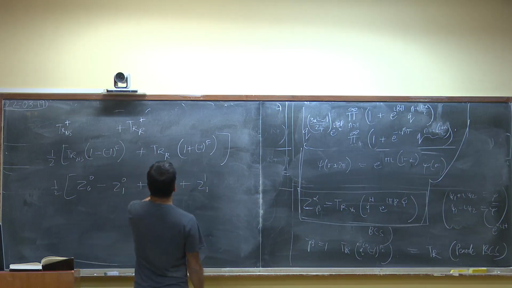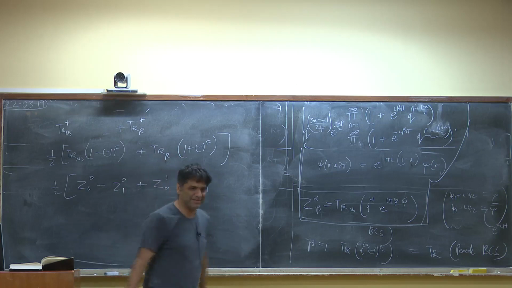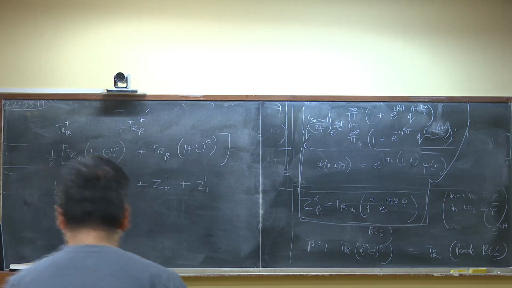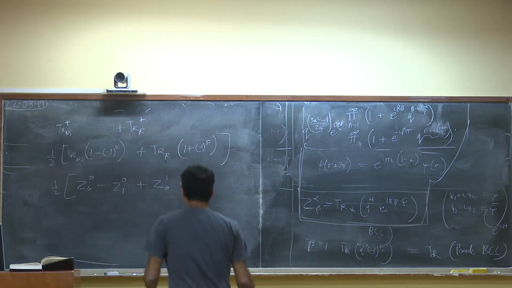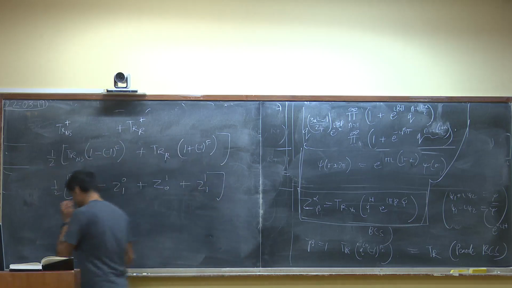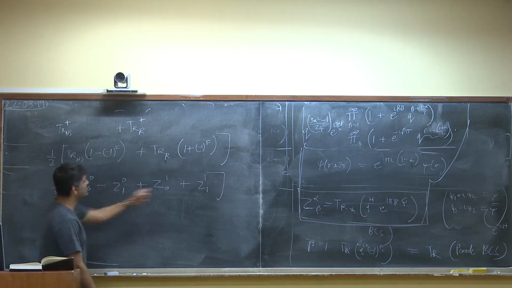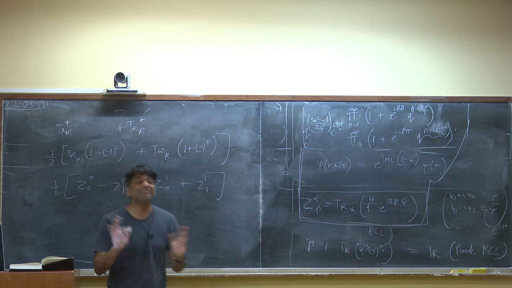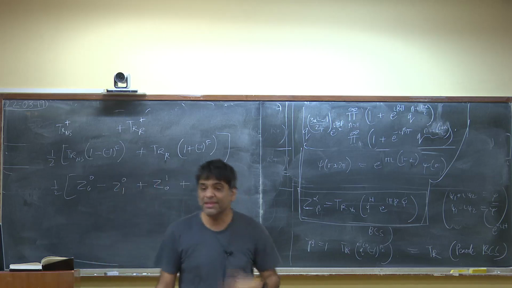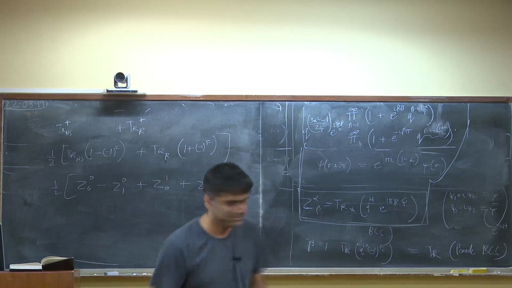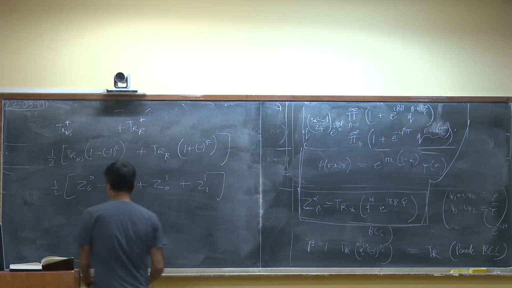So let's check. 0 was nothing, and this was with a minus 1 to the F. Okay. So the first thing I'm going to do is to look at this quantity naively, and to see naively whether it is modular invariant, the kind of thing we've been doing the last 3-4 lectures. And naively that works out beautifully,